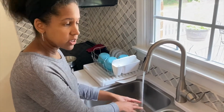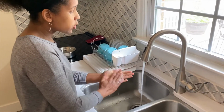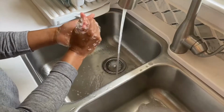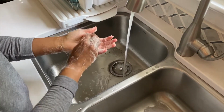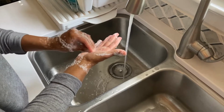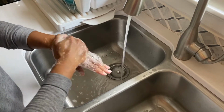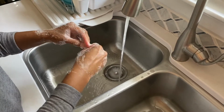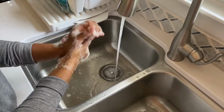When washing your hands, you should always make sure that you wet them first, get some soap, lather your hands, and that you wash for 20 seconds. Make sure that you get your wrist, the palms of your hands, and in between all your fingers. Also make sure that you get the back side of your hands and in between fingers. Wash for 20 seconds, rinse your hands,